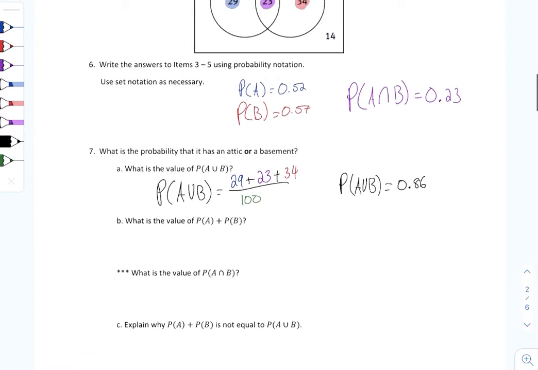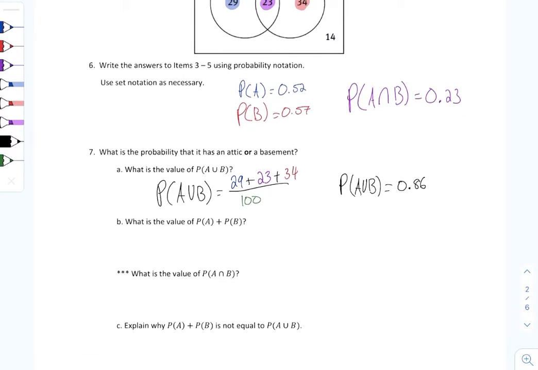So what is the value of P(A) plus P(B)? So the probability of A and B, we know the probabilities individually. So if I wanted to find the probability of A plus the probability of B, you literally just add the two probabilities. So I know what they are from up here. So I can add that